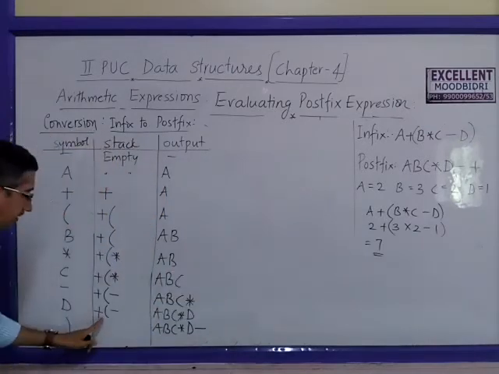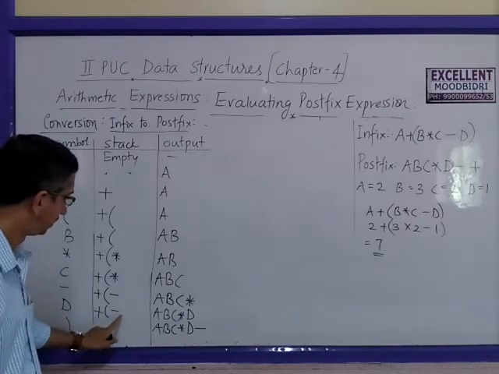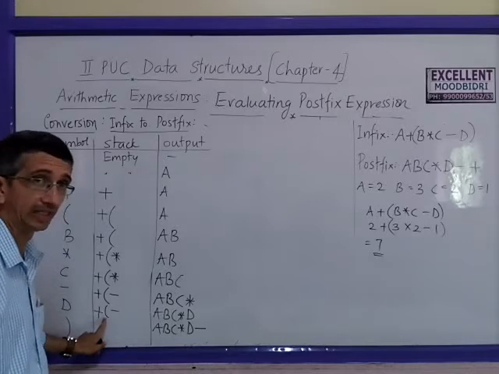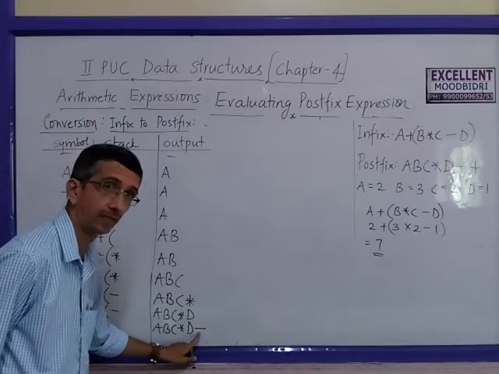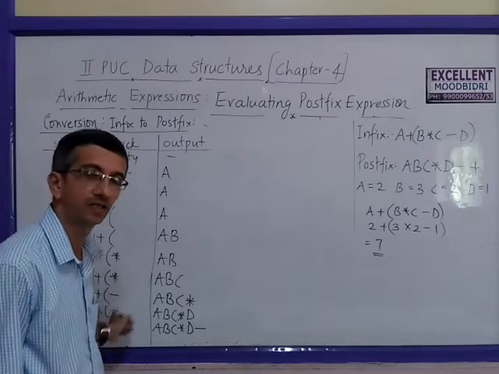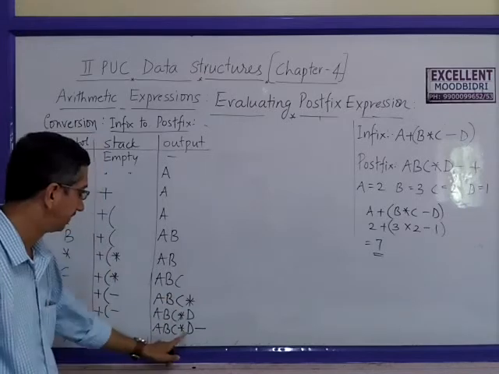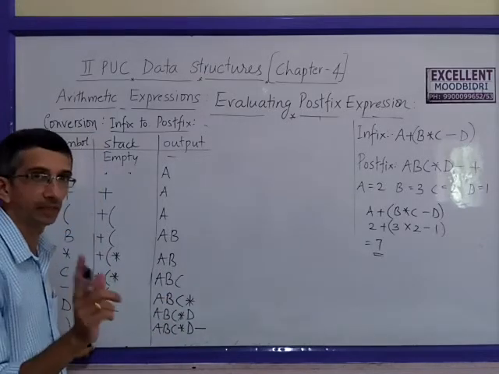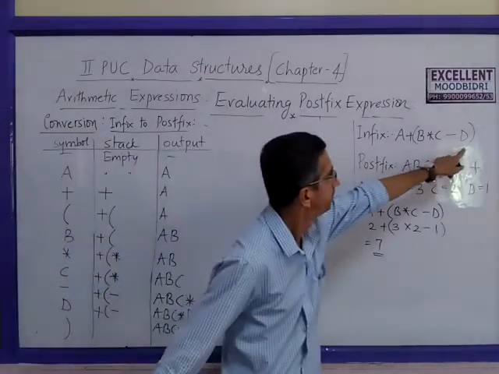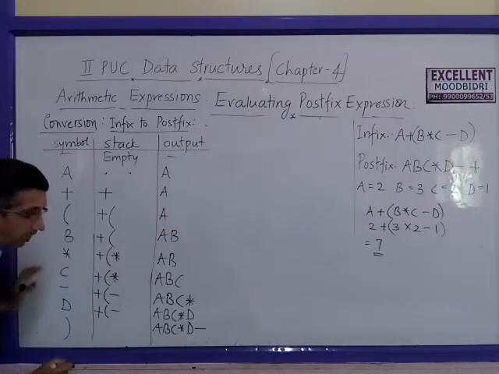Right? That's all. So for this one we have finished till this point. Pop the operator minus. First you got the first opening parenthesis. Even that you pop and don't write in the output. Discard that. Done. Now there is only plus. Any more symbols here? No. It is finished. So no symbol here, so no output.